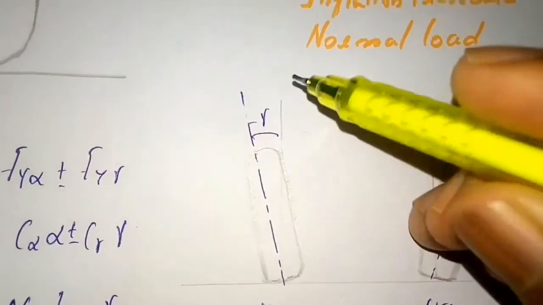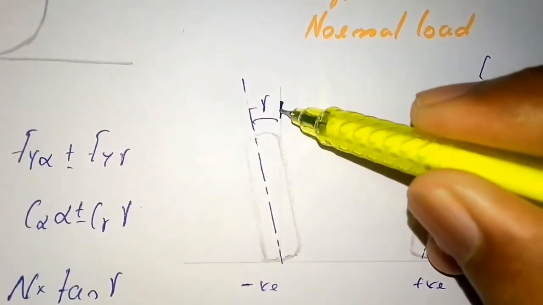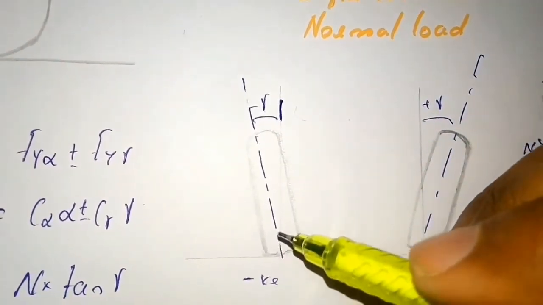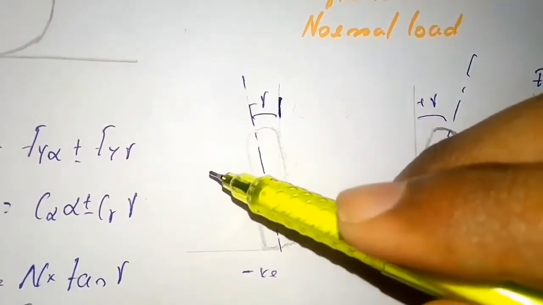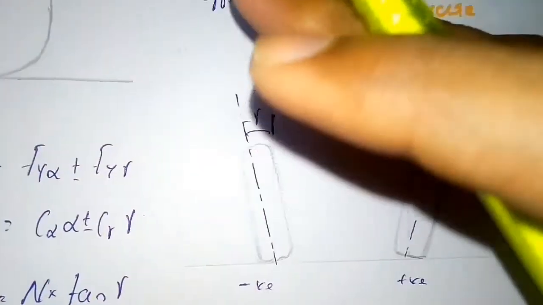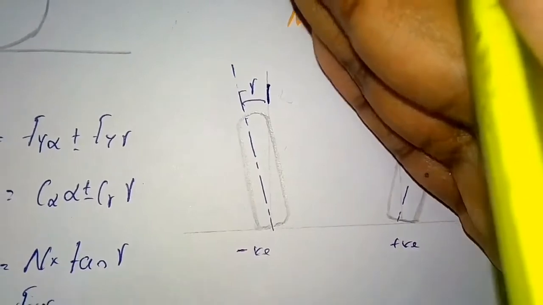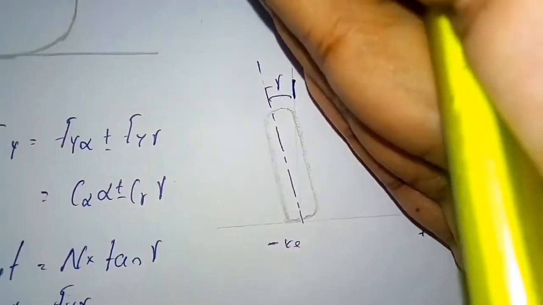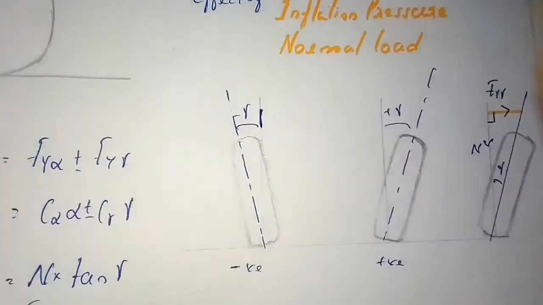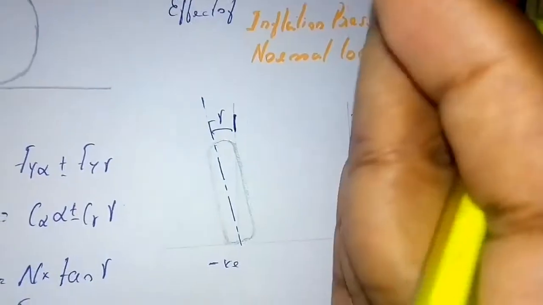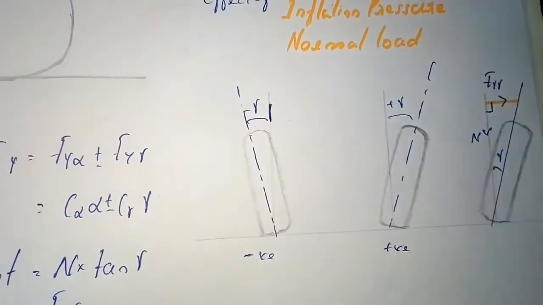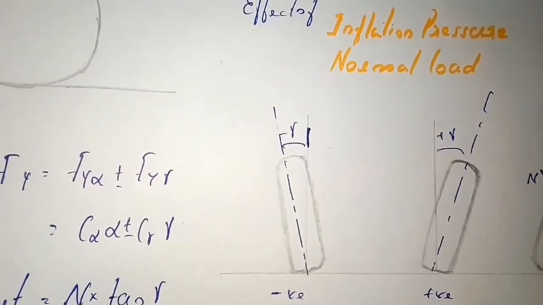You can see the vertical plane here, or the vertical axis, which is perpendicular to the ground, and this is the wheel plane, which is the dotted line. The left side is the vehicle side and this is the outside of the vehicle. Negative camber happens when the top of the tire is tilted inwards, that is towards the vehicle side, as you can see on the left side. And in positive camber, the wheel's top side will be tilted outward from the vehicle side, as you can see on the right side.